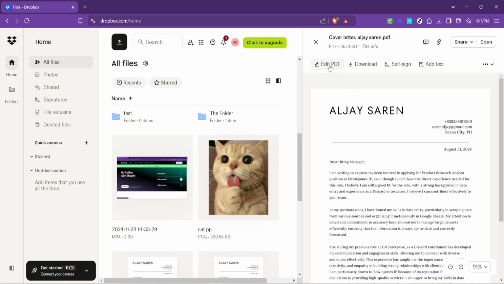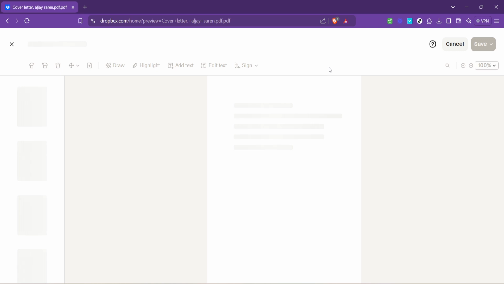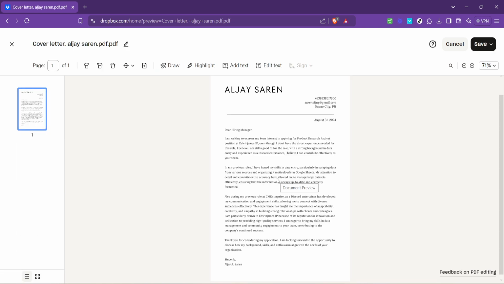Upon selecting your file, especially if it's a PDF, you'll notice an option to edit PDF right there on the interface. This feature is incredibly handy for making quick annotations or adjustments to your PDF files without needing any additional software. For more detailed edits within your PDF, look for the Edit Text option. This is particularly useful for modifying text in documents, whether you're updating information or correcting typos. It makes editing text in PDFs as easy as editing a Word document.